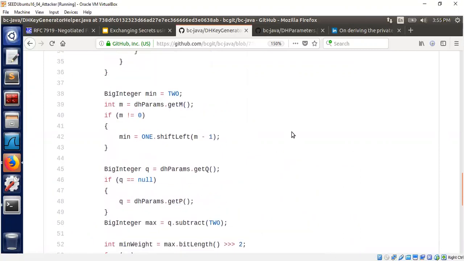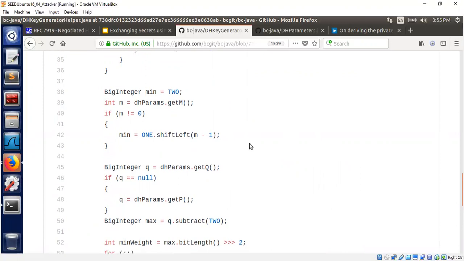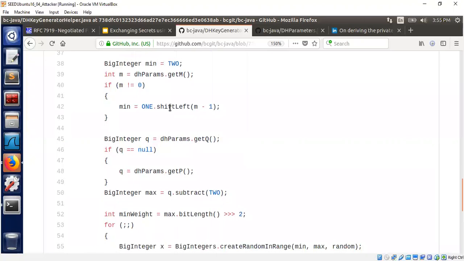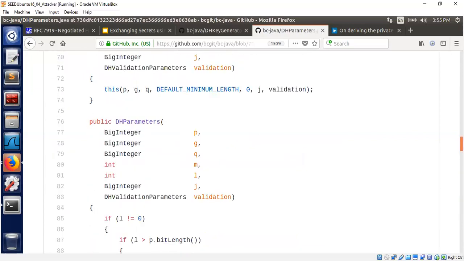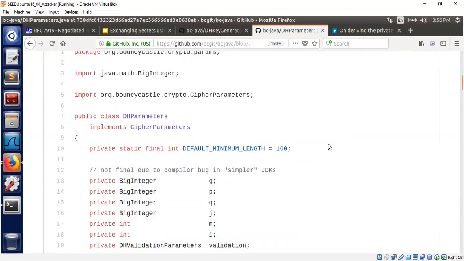Okay, min is the member variable m that I talked about. What is the minimum size you would like to have, right? And if you do not set that, it will choose the default one, right? Where was the default one? The default one was about 160 bit. Actually, in literature, it's recommended to use at least 256 bits. In some cases, 224 bits, but in general, the recommendation seems to be about 256 bits. Okay, at least 256 bits to be more precise. Anyway, so